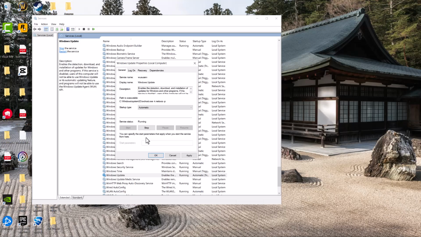Press apply, press OK, restart your computer, try to do the update now. You should be good to go and not have this error persist any longer. So yeah, that's